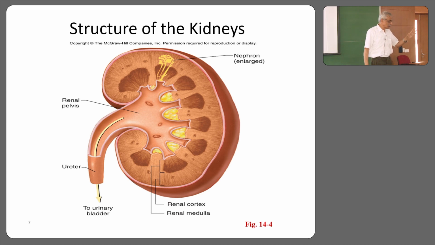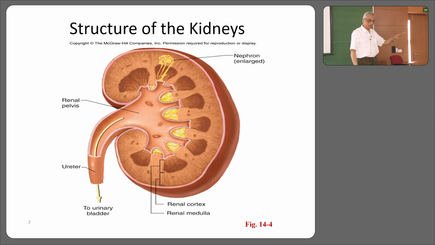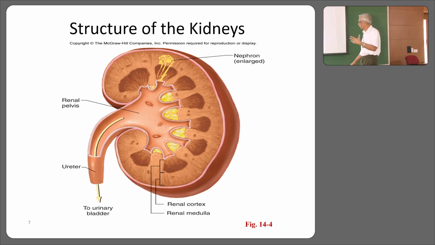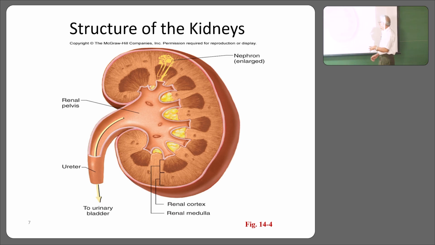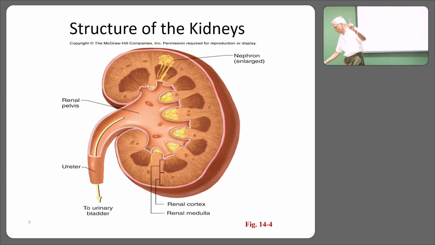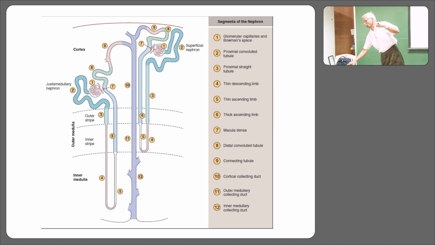Are you with me? There is no question, whatever nephrons we have, as we age, you will have fewer nephrons. And by the time you are 60, 70, the number has been reduced to 40 or 50%. But that doesn't matter because there is enough compensation. So the point that I want to make here is that it is in the cortical areas that you have the Bowman's capsule. Where are all the Bowman's capsules located? In the cortical area.